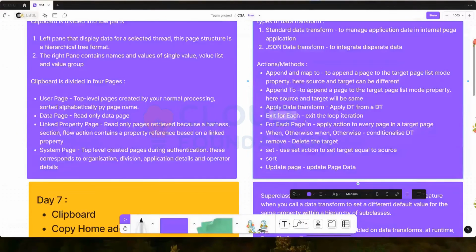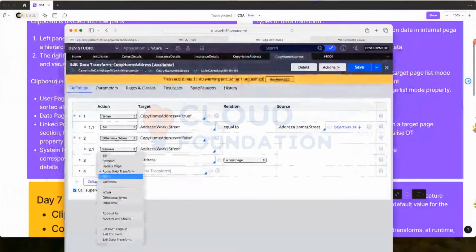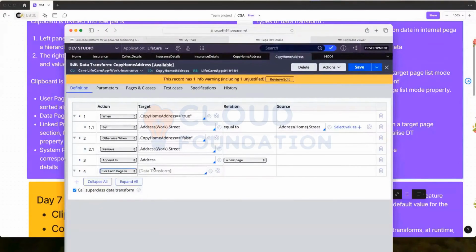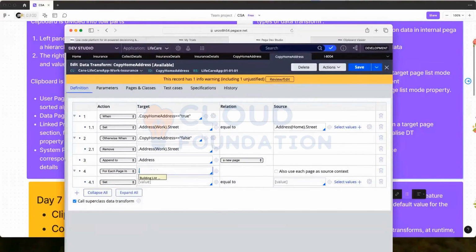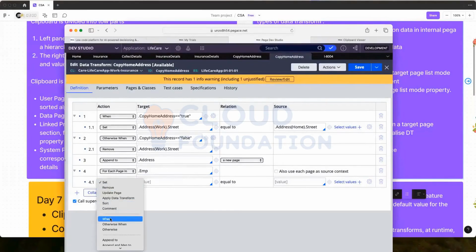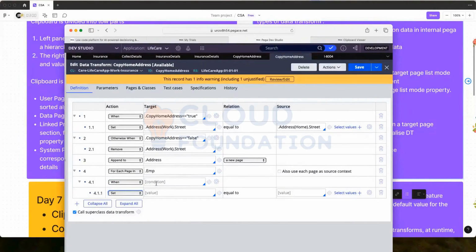That means for loop, before this one, we have to go through this. When I say each page in, that means I am looping through the page list. Suppose there is an address list or the employee list. There is an employee list, I want to loop through it and I want to check. I will add a when condition. Add date of joining equals